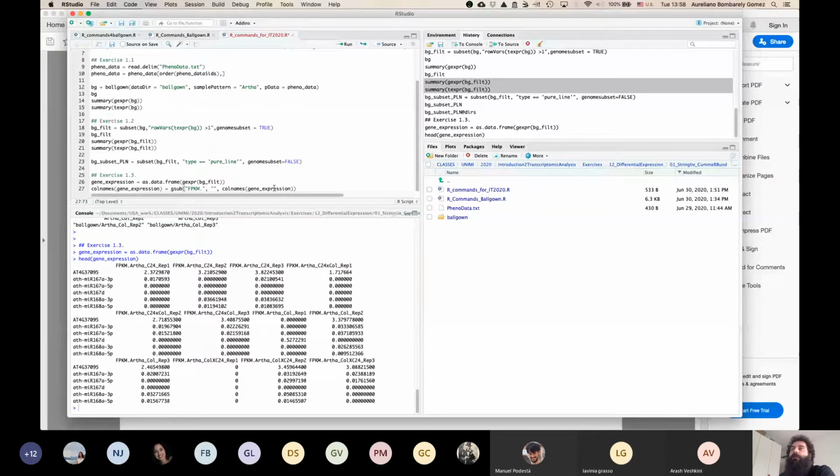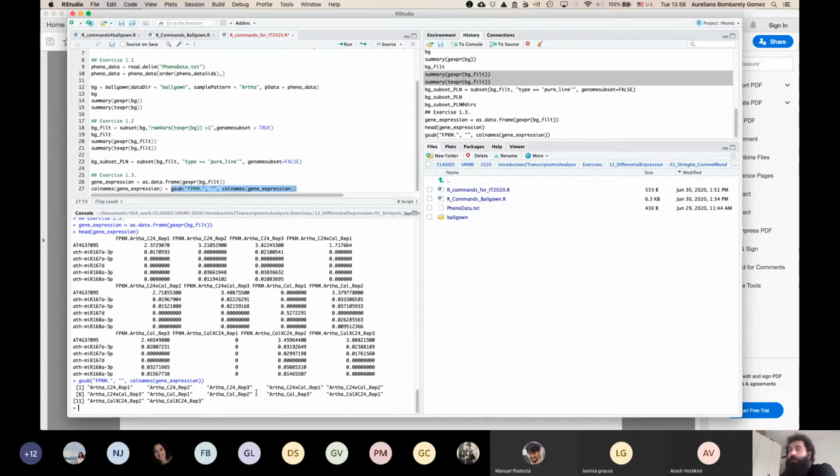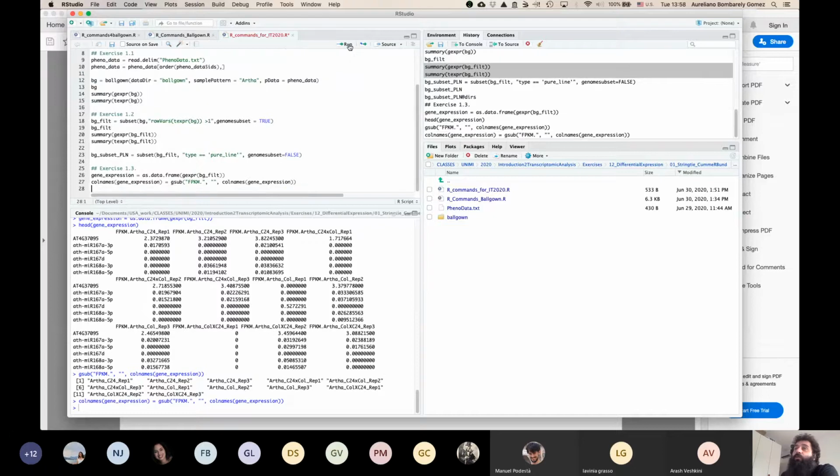So if we run this first, we can use colnames to retrieve the names of the columns, and then we can use gsub to replace things. So we are replacing FPKM dot by nothing. So if we do this, you can see that we are removing FPKMs from the names. We could remove, if you want, also the other tag, because it's not giving any additional value either. But well, in this case, we just remove